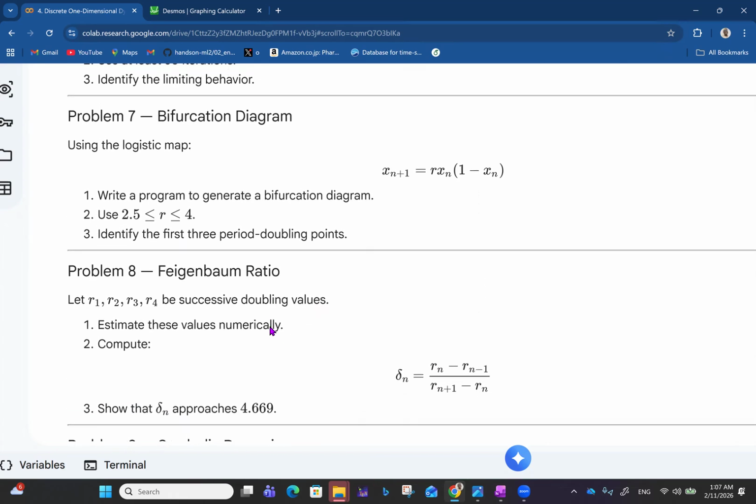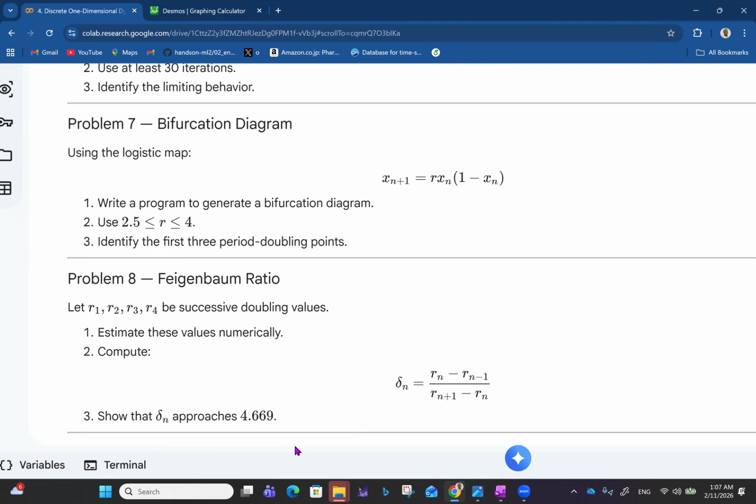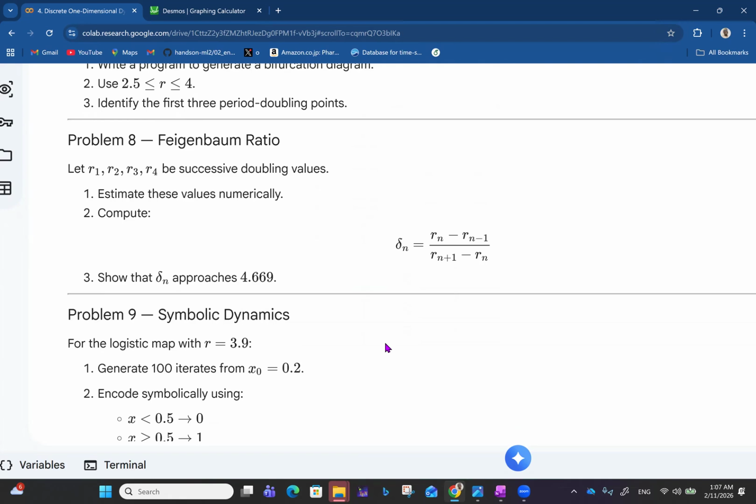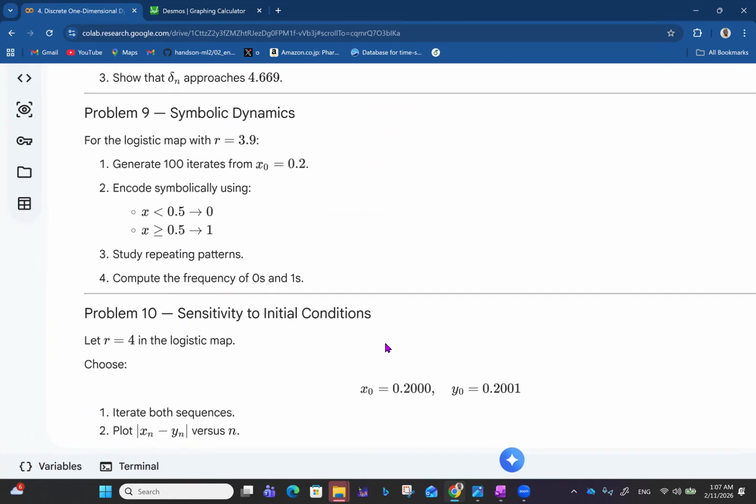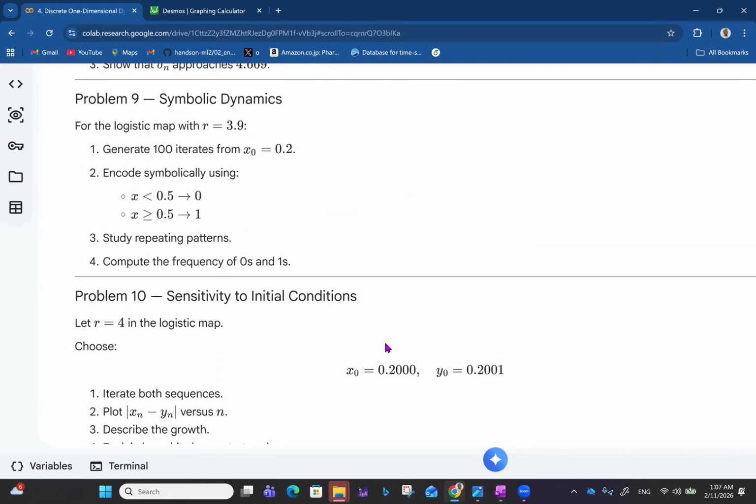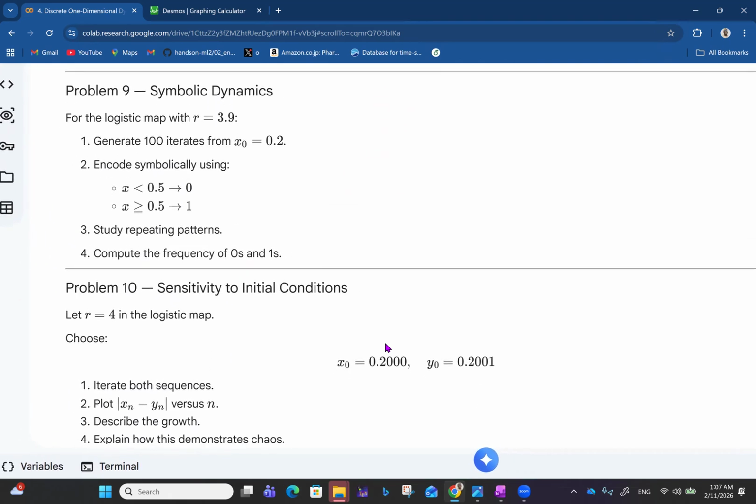7 and 8, we also talk about the Feigenbaum ratio. You want to show that delta n approaches 4.669. As you compute this, let R1, R2, Rn be successive doubling values like that, and then you can compute all of this. Then 9 and 10, finally, you have symbolic dynamics, which converts